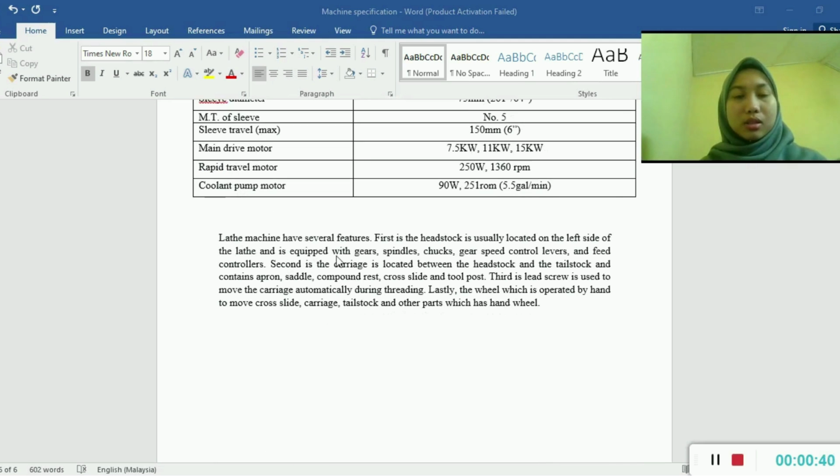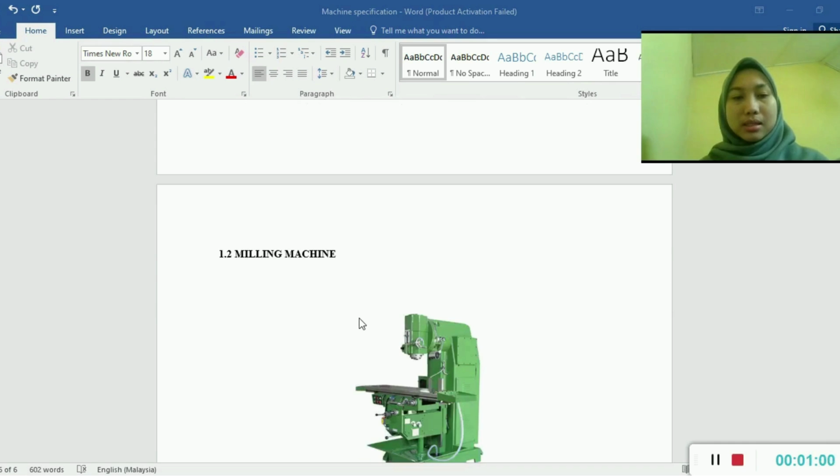And then here are the features for the lab machine. There are 5 features here. The first feature is the headstock, usually located on the left side of the lathe and equipped with gear spindle, chuck, gear speed control lever and speed control. So next is